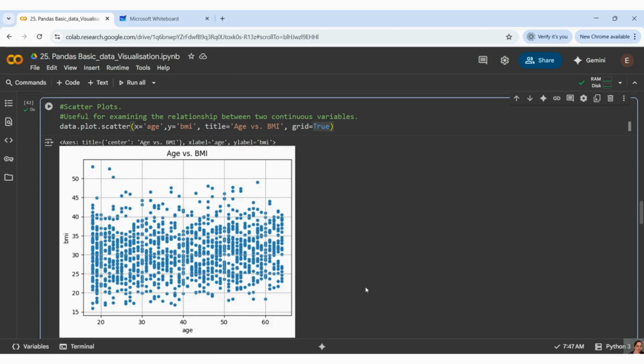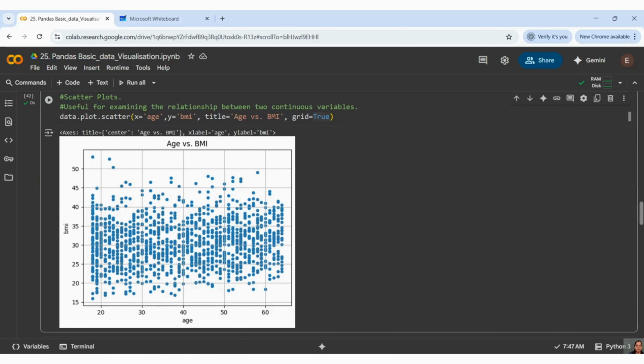And if I want to plot age versus BMI, this is how it is coming, guys. It is telling that till 60 years we have age and all the values are present in a scattered manner. So let us take one value here. We have 19, we have so many data sets.